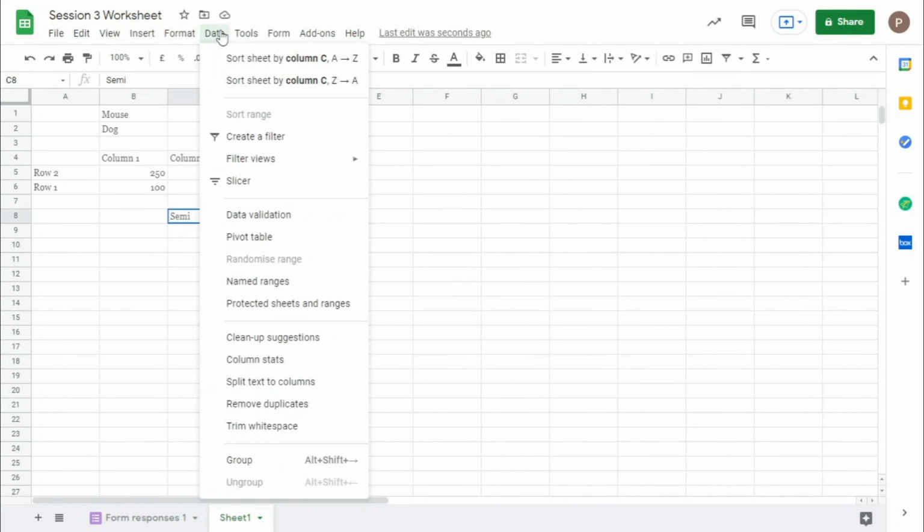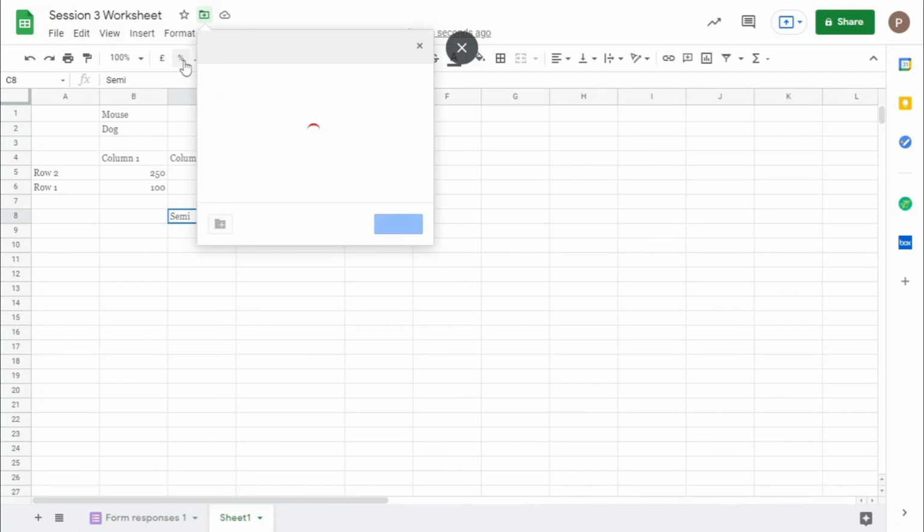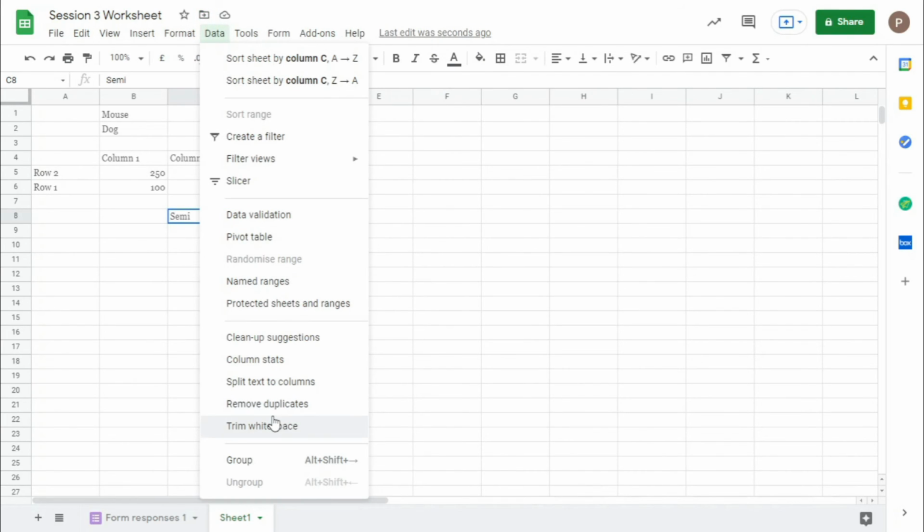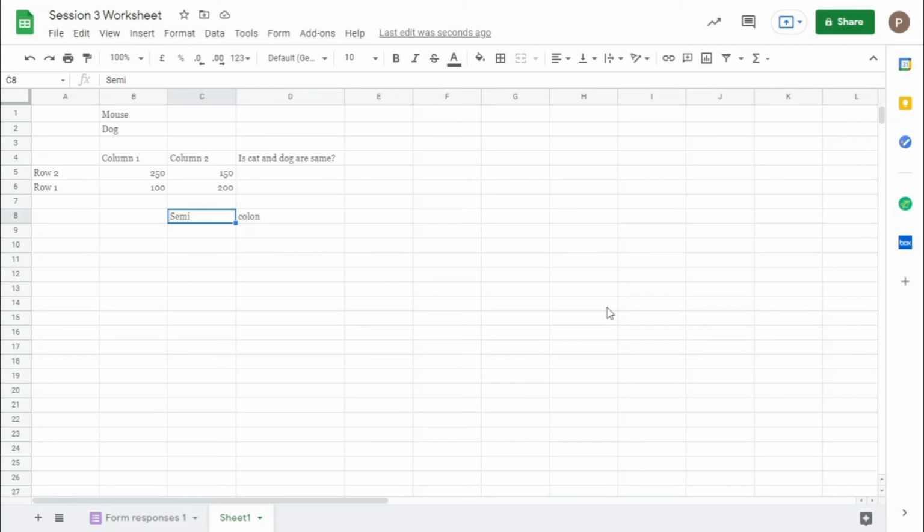Trimming white space means when you select a single cell and press trim white space, it trims whatever white space is present in the cell.